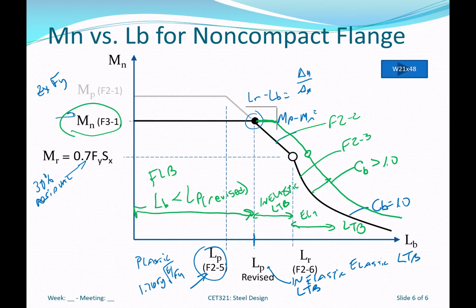So all we're really doing is decreasing this region, right? The region over which inelastic lateral torsional buckling occurs. Okay? So look for this